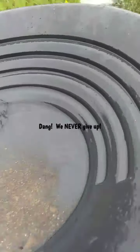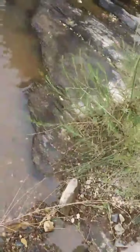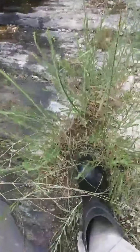Not very much. That's not going to really do it for me. I'll graciously take it, but I'm just gonna hop over about a foot and get right into this gold stop right here where it's